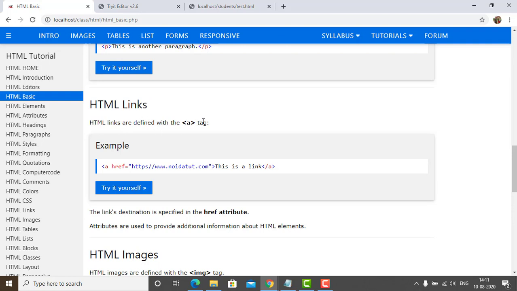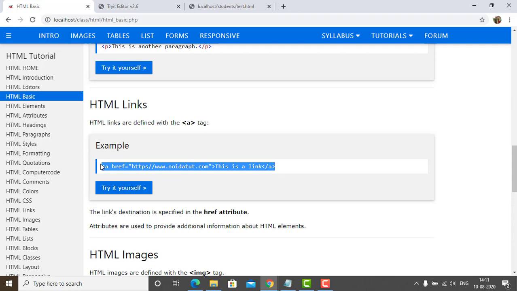Now proceeding further, this is HTML links. HTML links are defined by the a tag, also known as anchor tags. We start with a, href. In the double quotation marks, we give the location of the file, or the path of the file, or the link of the file. This is what will be visible on the screen.